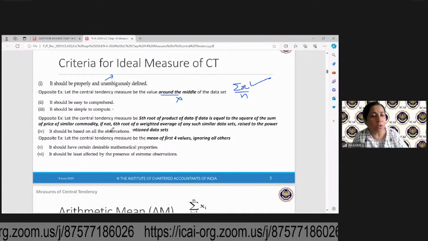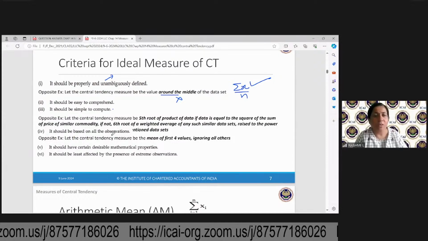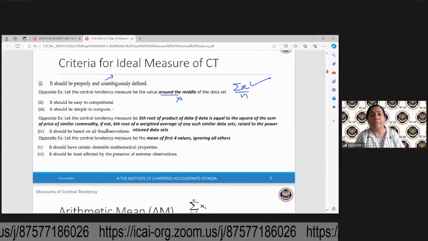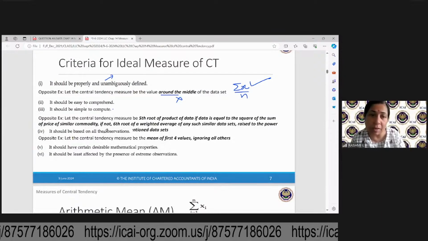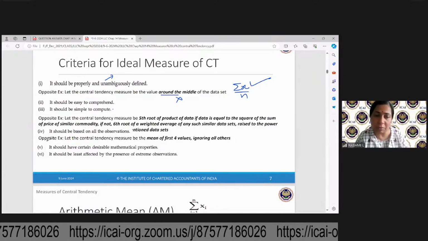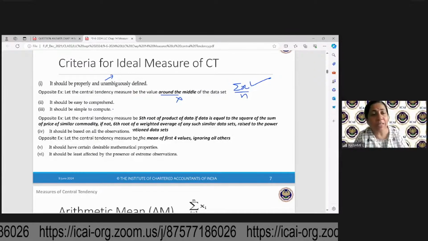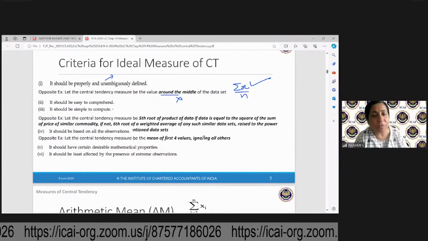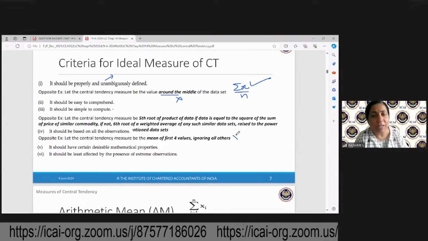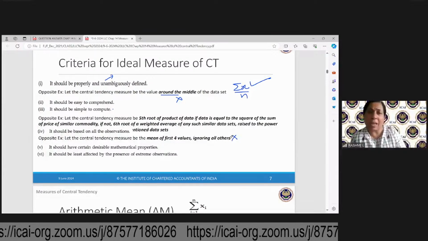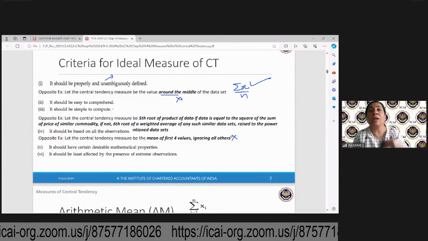It should be based on all the observations. Okay. So you should take into account, obviously, if it is an open-ended data, we will not be considering the extreme ends, but other than that, we should be using all the observations. Let the central tendency measure be the mean of first four values, ignoring all others. This should not be done. Okay, so this type of things you may calculate if you want to, but you can't say it is a